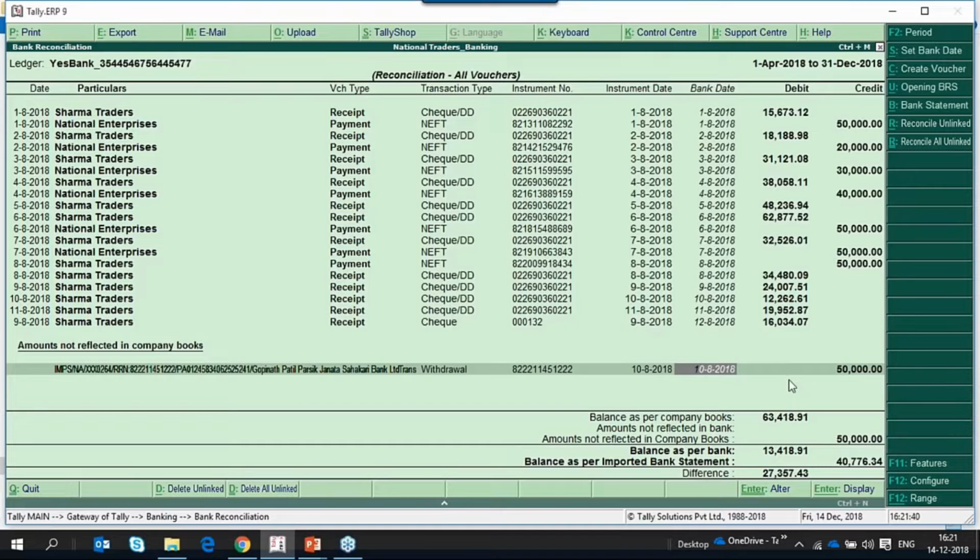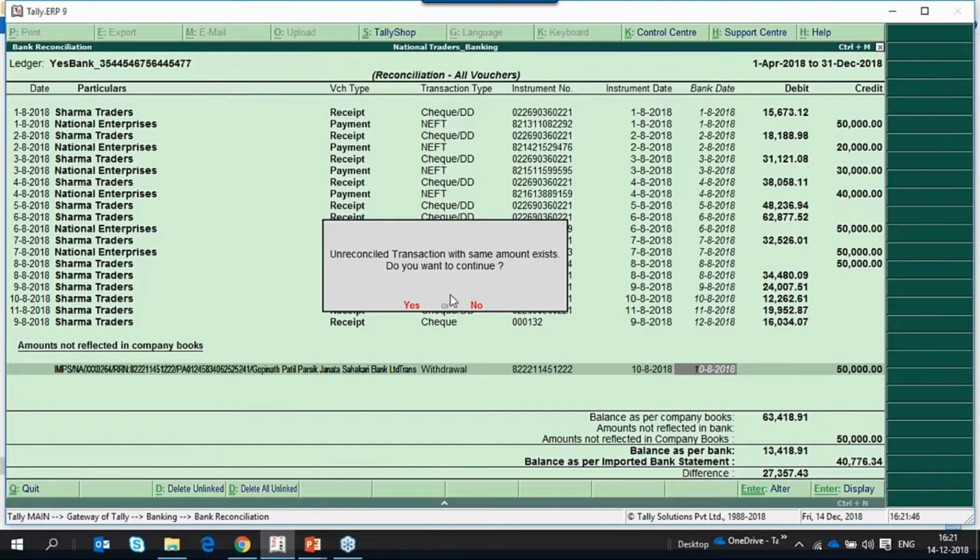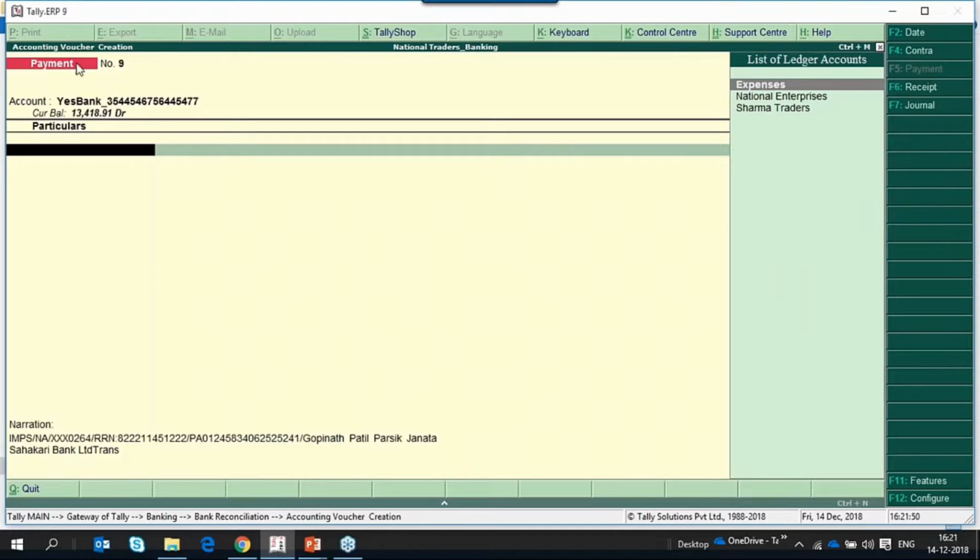For recording the transaction, it is very simple. You can simply click on create voucher. This will take us to the creation of the respective voucher. Since the transaction is of withdrawal nature, it is taking us to the payment voucher. So you have to simply select the ledger.